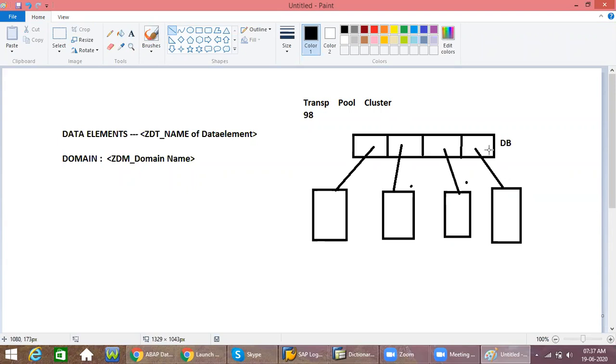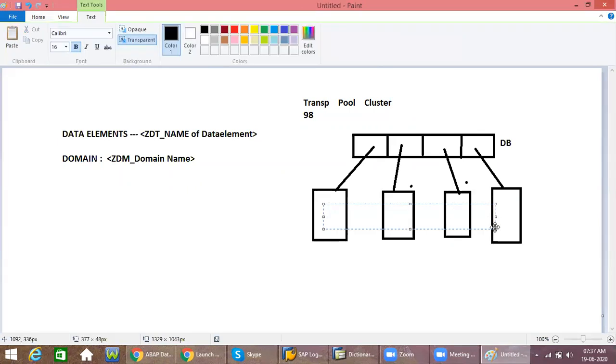The memory, the database itself, is divided into categories like partitions, and each partition is assigned to a different type of table. This is table 1, this is table 2, this is table 3, and this is table 4.